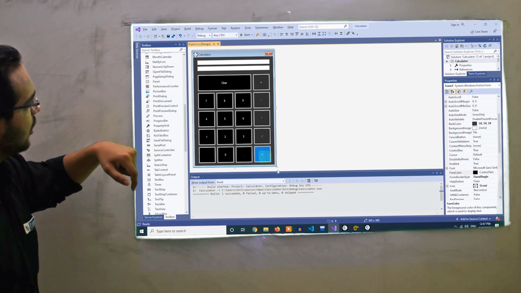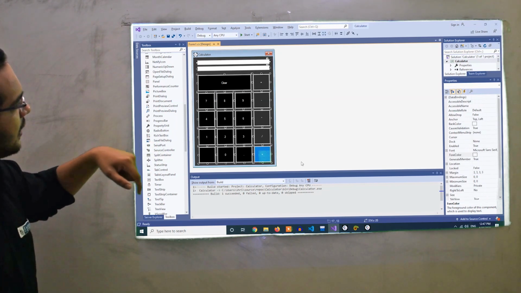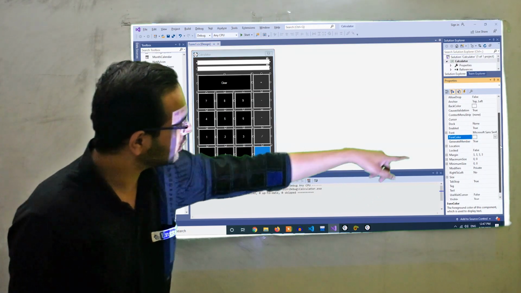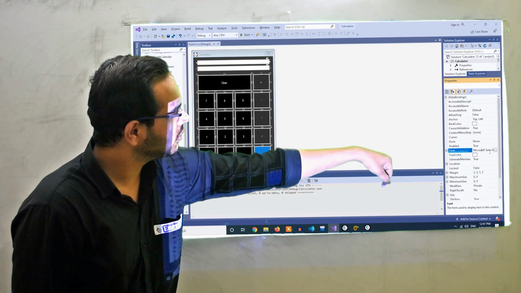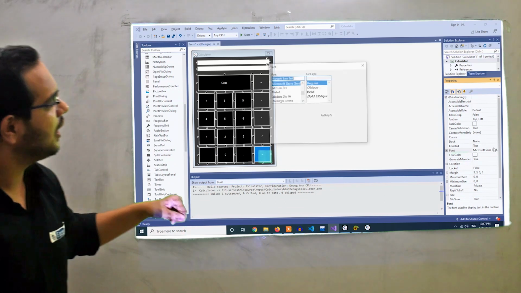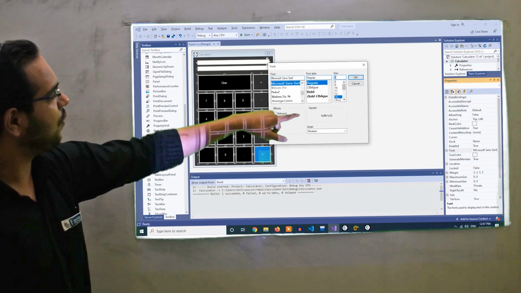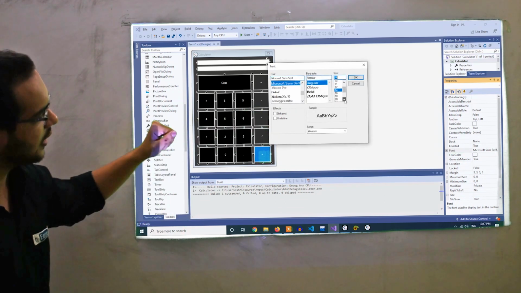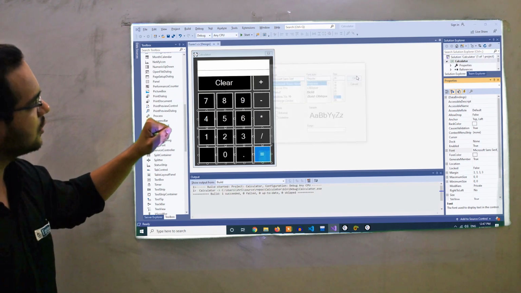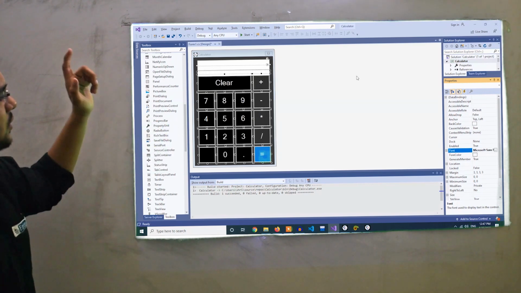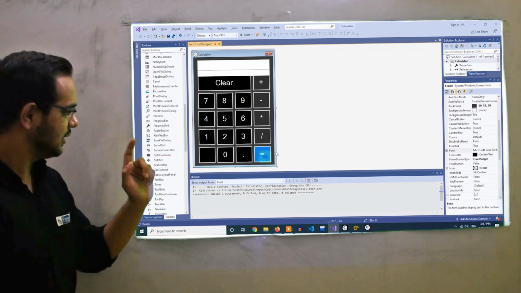yes, select all UI elements, and there will be property font. Yes, font. Yes, just select and let's increase that font. 24 will be okay, I think. Yes, okay. Yes, we got our font size.